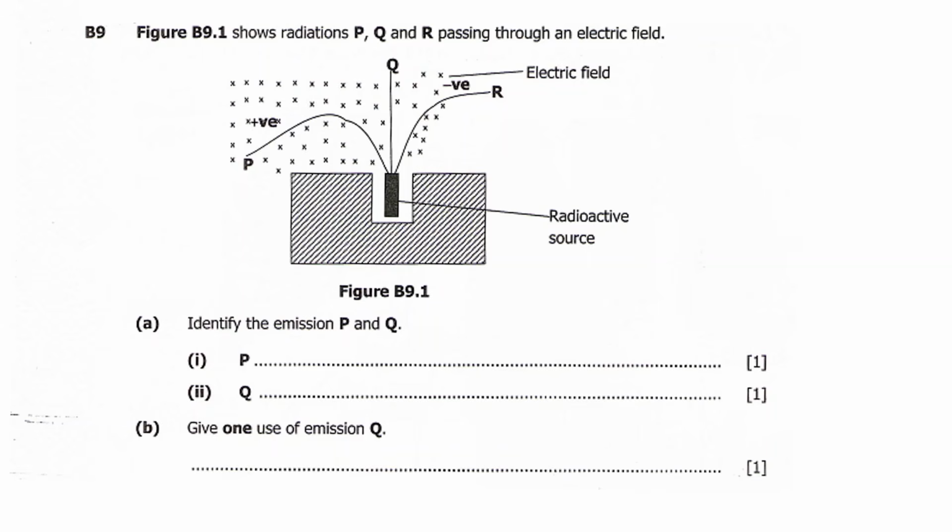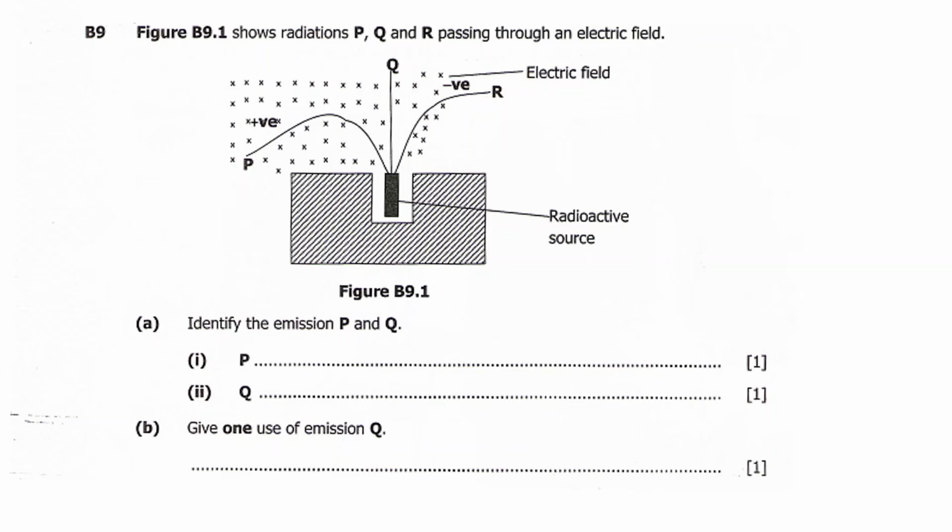All right. As I said in the last video, a question on radioactivity always comes from section B, and it is always on number 9, B9. As you can see in this 2023 paper, we have found a question on radioactivity on B9. So let's read the question right away. So it says